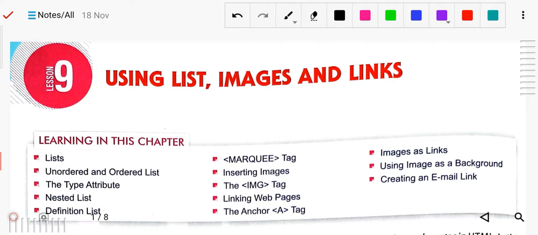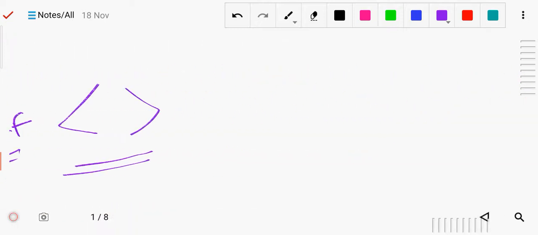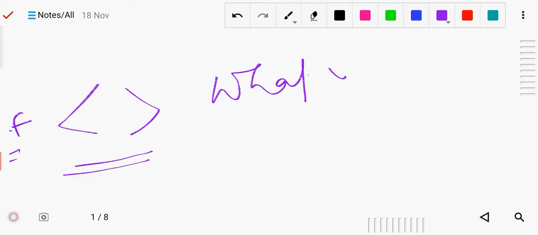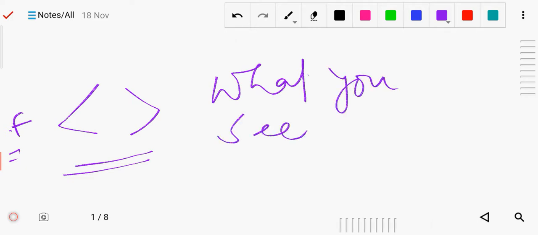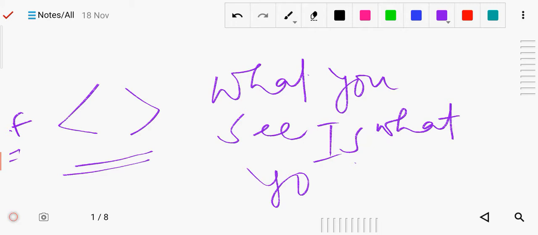Now, where do we write these tags? We write these HTML codes in HTML editors, like text editors and WYSIWYG editors. WYSIWYG stands for What You See Is What You Get.